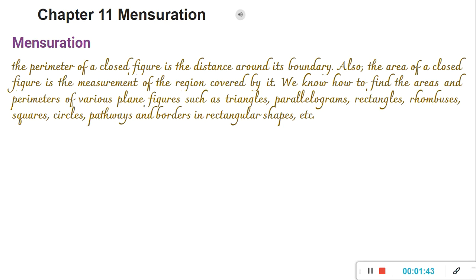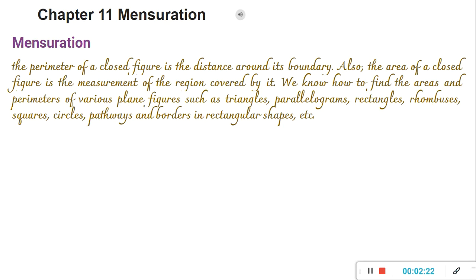Mensuration is the study of geometry that deals with the measurement of length, areas and volume, as we already said. Then what is perimeter? Perimeter is the total length or path of a given shape. That is the boundary part. We want to find the boundary, for example if we want to fence something. So if you want to find the cost, then what do we have to find? We have to find the perimeter. Area is the total region covered by the given shape, whatever shape is given. So if you want to whitewash a room, or if you want to tile a floor, then what do we have to find? We have to find area.